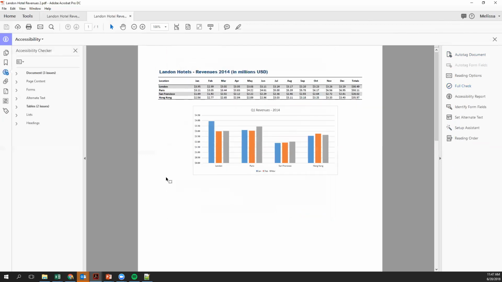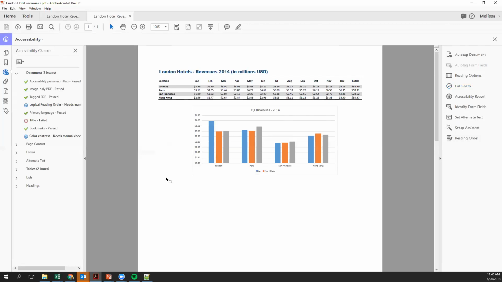And like the accessibility checker in Microsoft Excel, the accessibility checker in Acrobat opens up a sidebar where it identifies errors or warnings and issues. So you can choose which accessibility problems to look for and how you want the results reported. But some of the things that have come up in this particular document,